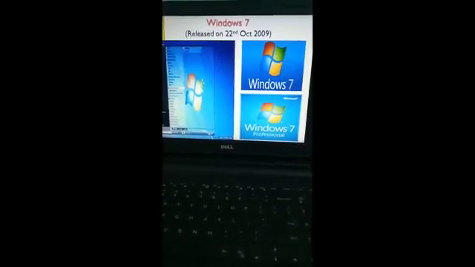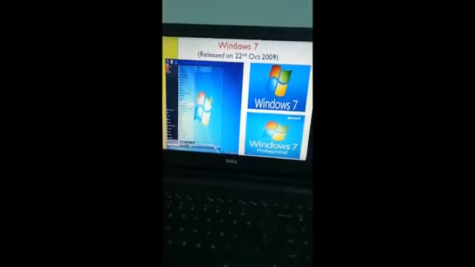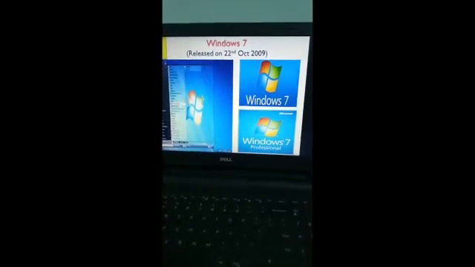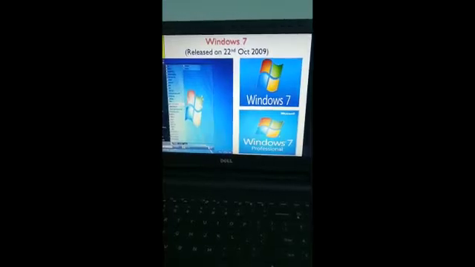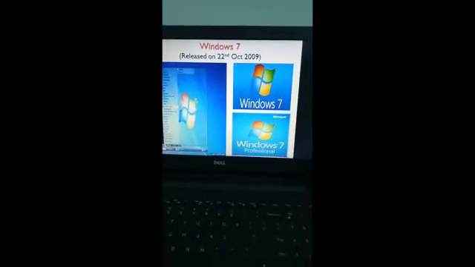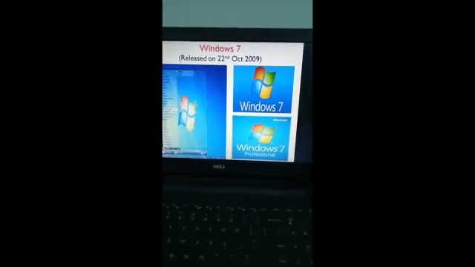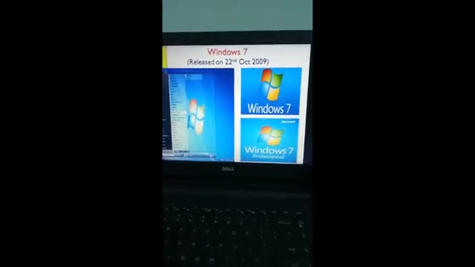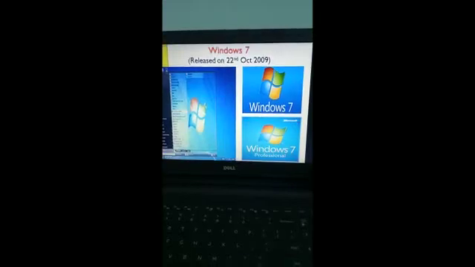Now students, Windows 7 is an operating system developed by Microsoft, the world's leading software company.